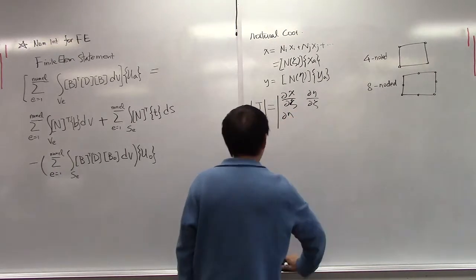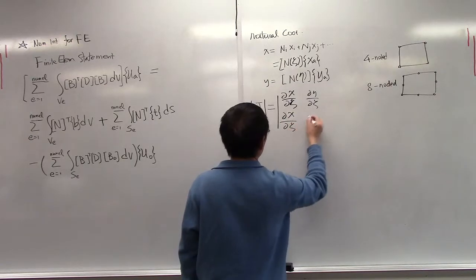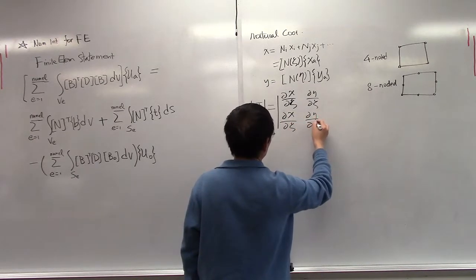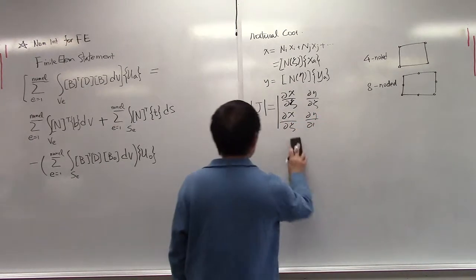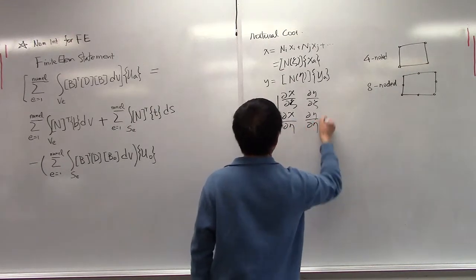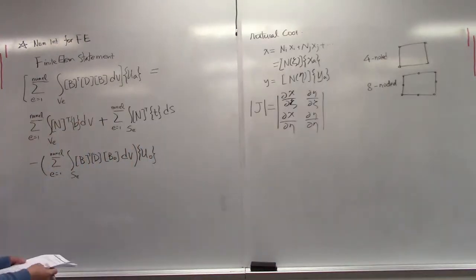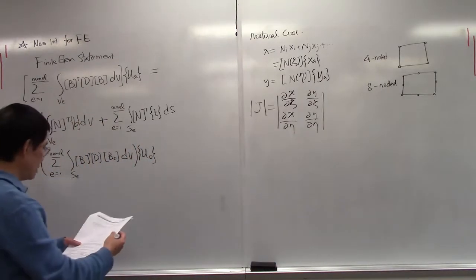Oh, this is x, partial theta, partial y, partial, this is eta. I'm sorry, eta. Okay, so J is null. Therefore, this one